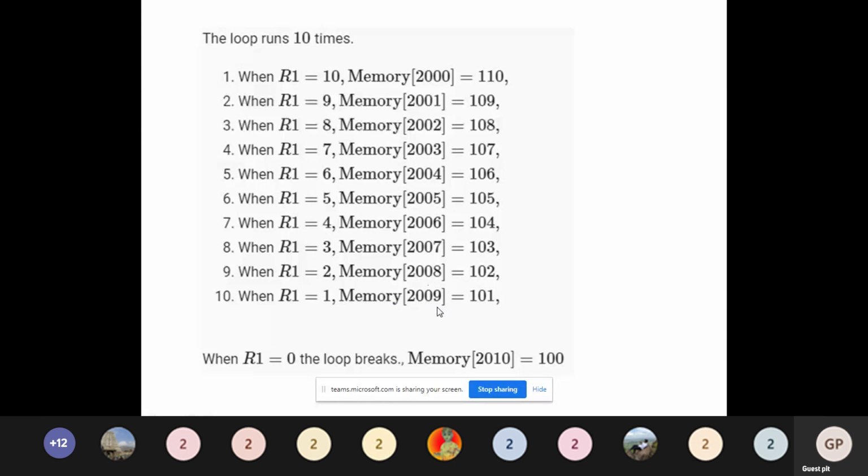So at that time, what is the data stored in the 2010 location? There it is 100. So it is not affected, right? Up to 2010, we have 100. That is what is given as the answer here. So the answer for this question is 100. It is already stored in the location 2010, so there is no change in the content. So the answer is 100 here.